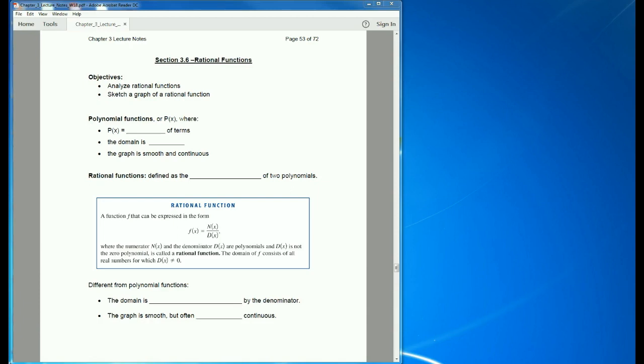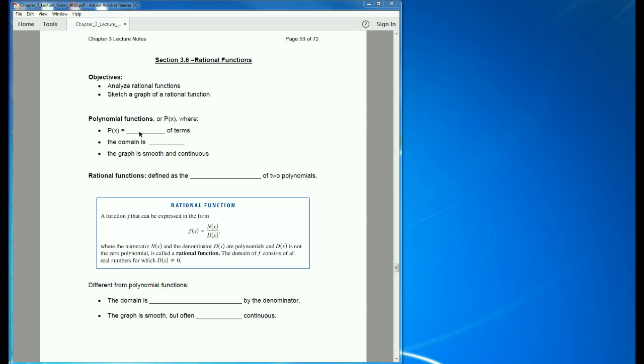All right, so let's start on page 53. We're on section 3.6, rational functions. And basically the objective here is to first analyze rational functions and then how to sketch a graph of a rational function. Okay, so everything we've looked at so far in this chapter 3 has been polynomial functions, p of